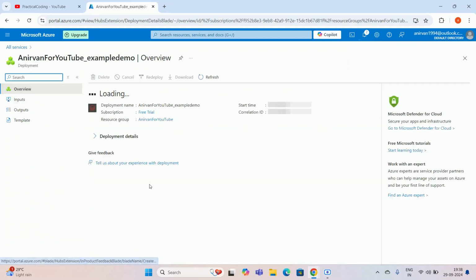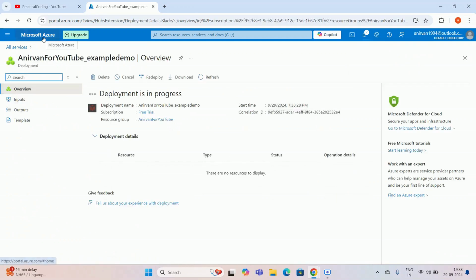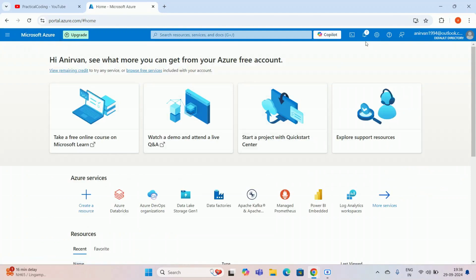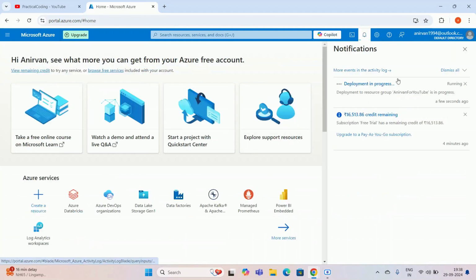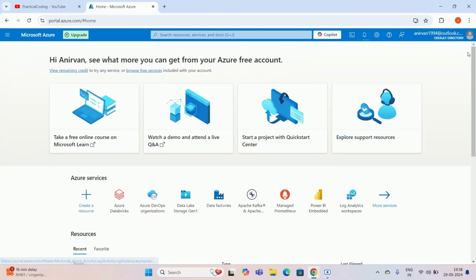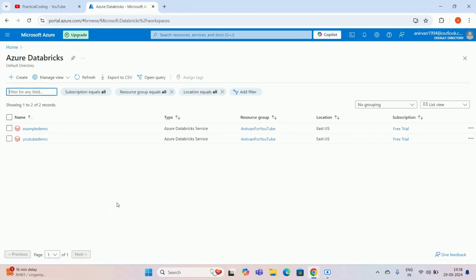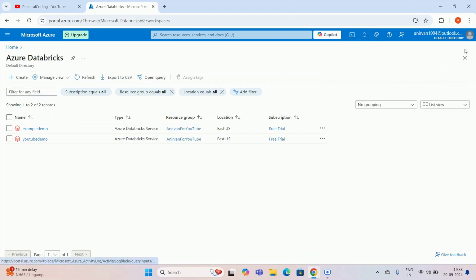What I can do is simply go to the landing page again. Okay, so it is deploying the resources and it will take much time, so I'm not covering this. What I will do is, I already have a resource created. So I'm clicking the Azure Databricks services. This one is deploying, so still the deployment is running, and I'm not disturbing this.